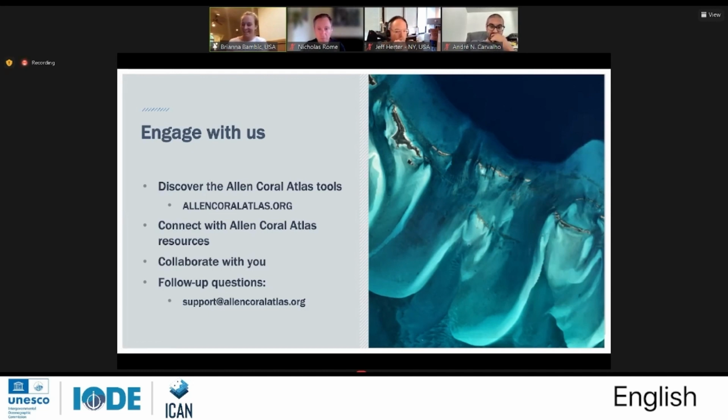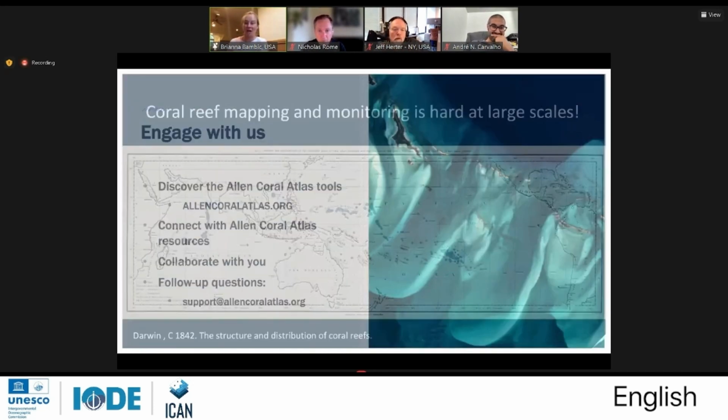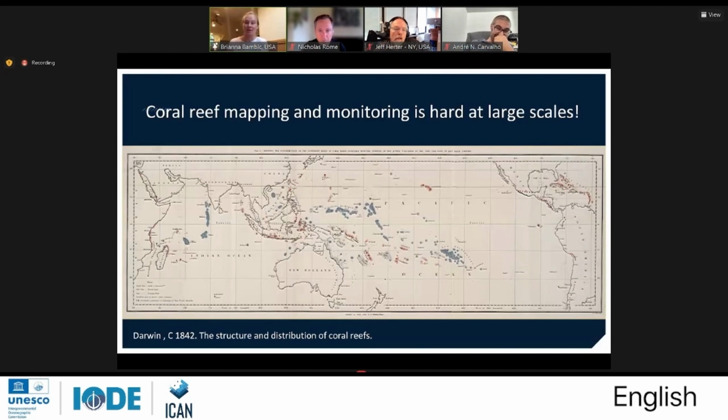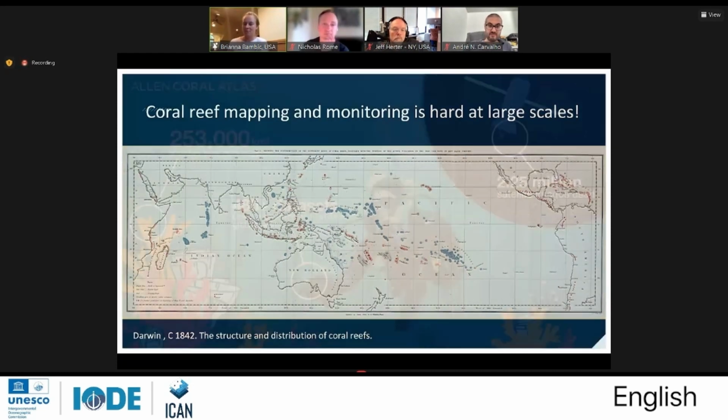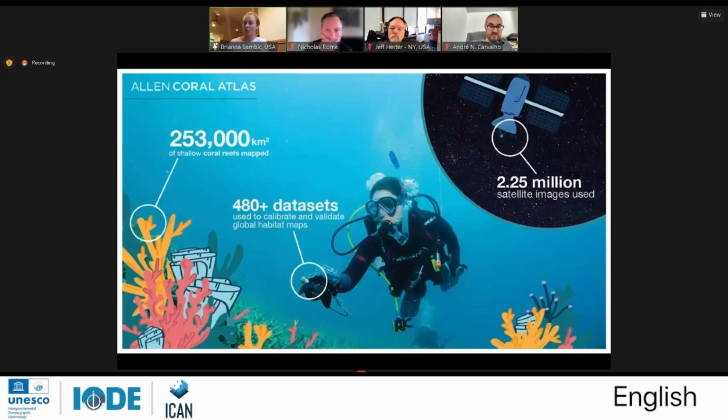I'm going to get right into it and say that the Atlas started with two major challenges. As Charles Darwin discovered, mapping reefs is not as straightforward as observing and mapping land. They are more difficult to see with the naked eye and harder to map on a larger scale. As coral reefs are one of the most biodiverse and threatened ecosystems on the planet, how are they still largely unmapped and unmonitored? So our team took on this challenge twofold by creating the world's first globally consistent map and